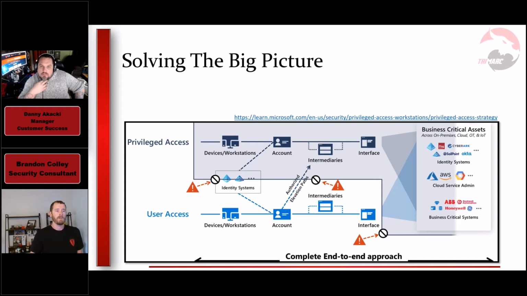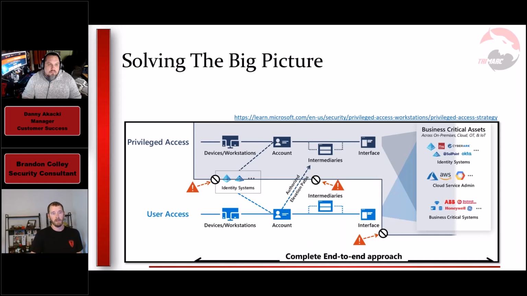You'll notice devices are in this list. So once we're looking at the user and privileged access, we've got devices, interfaces, critical assets. We've got these all over the place as well. And so it's important to consider that when we're looking at that plane of existence. And right here, we have a bunch of the red warning signs.